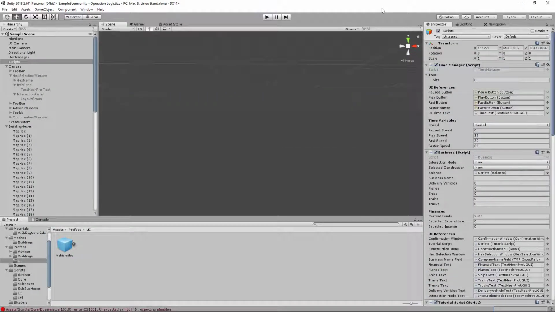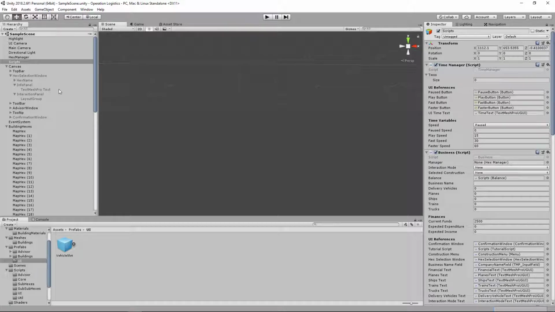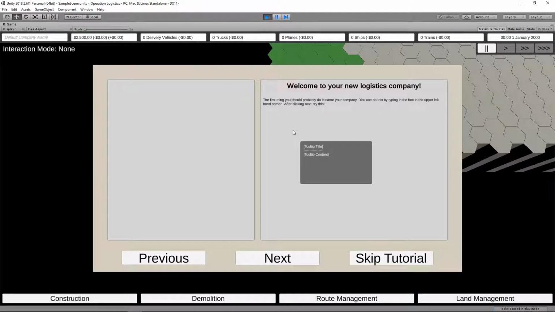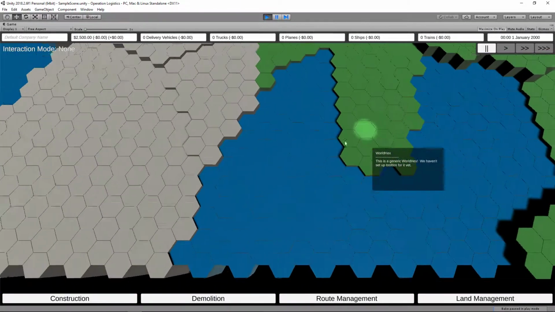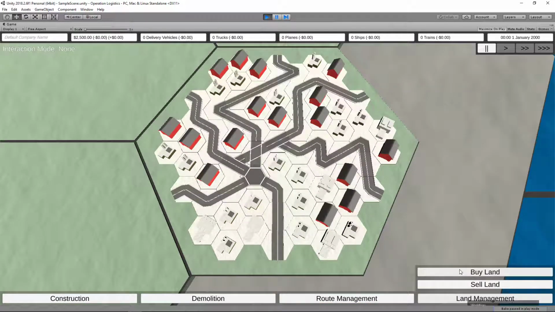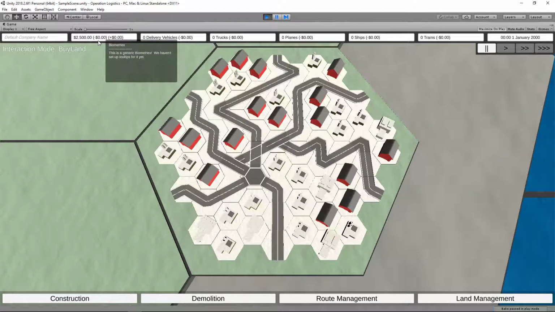Okay, that'll get us what we actually need there. But we do need a reference to the manager. Let's go ahead and grab that. So here's our manager, and we'll just plop in the hex manager. And let's just make sure that this actually works. So we'll play this, and then we will make sure that this all actually works. And then in the next episode, we will go about implementing, making the button actually purchase a delivery vehicle and storing that we have that done. So we'll skip this tutorial for now, and we just are interested in coming on down here and going into land management by land,